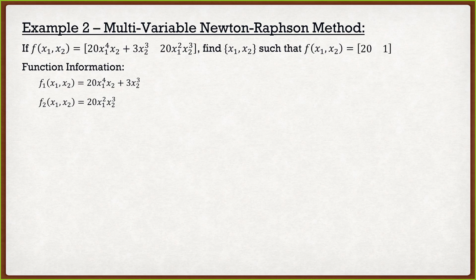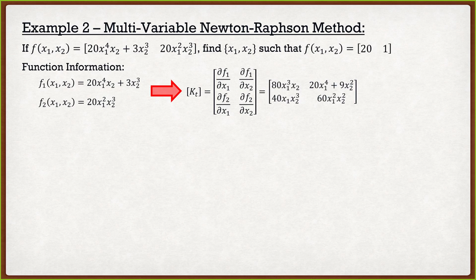So one of the things that we know that we're going to need is that tangential stiffness matrix, that KT. And we know that this is simply going to be a table of partial derivatives. If we look at the first row there, it's always going to be the derivative of f1. The only difference is what we want it with respect to. So first column there, or sorry, the first entry, we have the derivative of f1 with respect to x1. The second entry, the derivative of f1, now with respect to x2. If we look at the bottom row, it's this exact same thing, but instead of f1, we have f2. And this is nice because f1 and f2, we know what exactly those are. Therefore, we can take them, take their derivatives, and we get the following for KT.